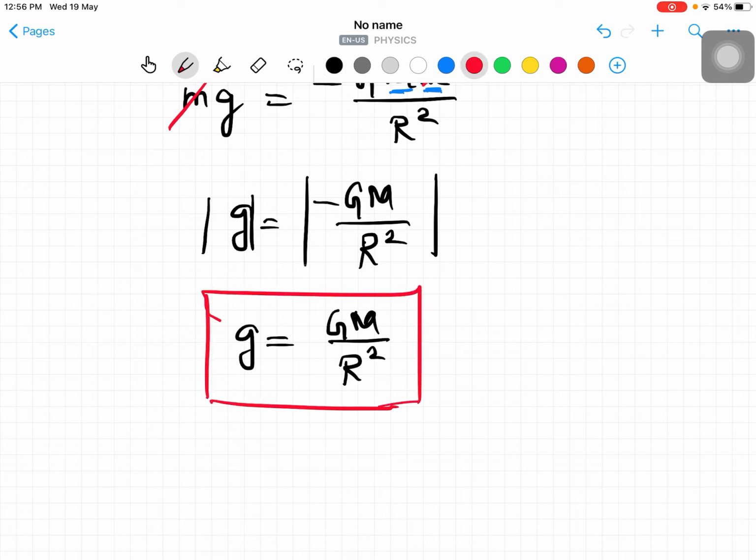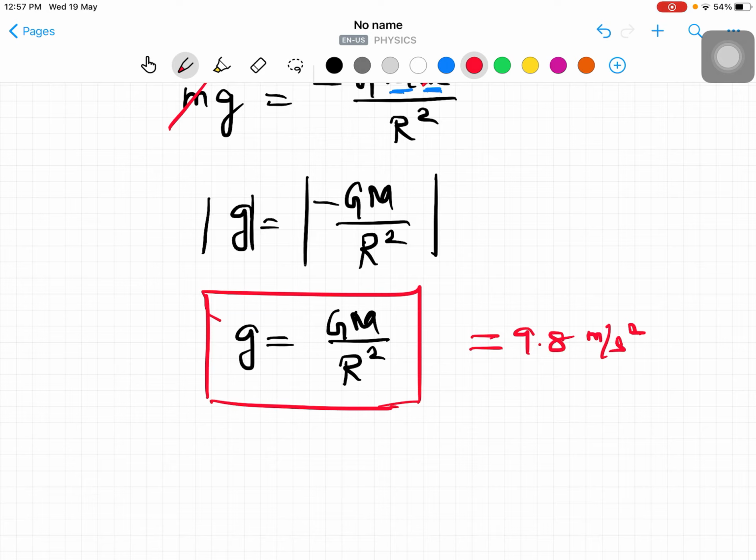So we should know this. Apart from the examination, we should know what acceleration due to gravity is, right? Based on that only all the objects will move. The acceleration due to gravity value is 9.8, and we should know how this 9.8 meter per second square comes: that is from the expression G M divided by r square. G means the gravitational constant value we discussed in the last video, 6.67 times 10 to the power minus 11. Mass of the Earth, radius of the Earth, all these values are constants. So acceleration due to gravity is also nearly constant, but that value will be changed with respect to what we have discussed: height, depth, latitude, shape. How these values are going to change,